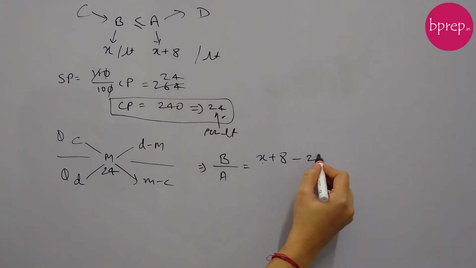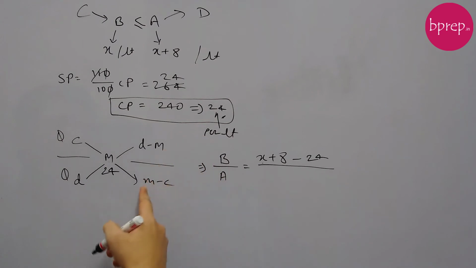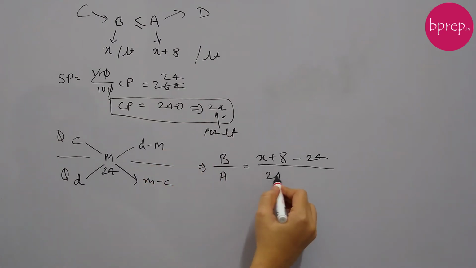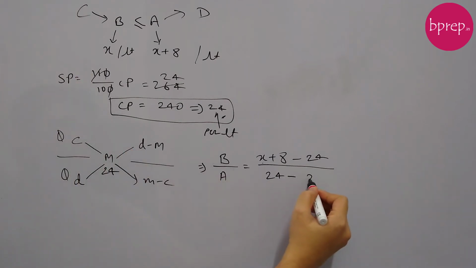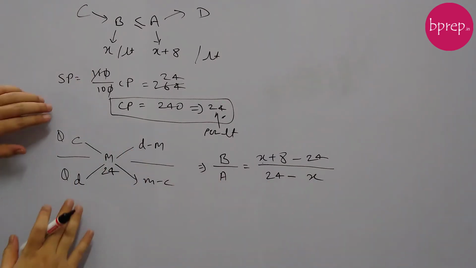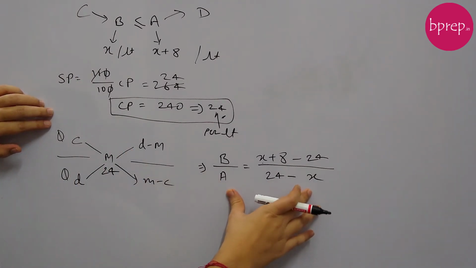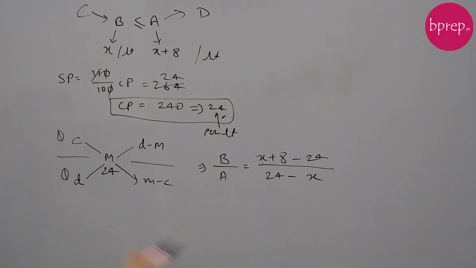So here 24 by M minus C. So M is 24 minus C. Cost price of cheaper material is X. Okay. So if you understand the formula and are able to put it in this way, we'll get the answer. And after this we'll also see the algebraic way. Okay. So now see here,